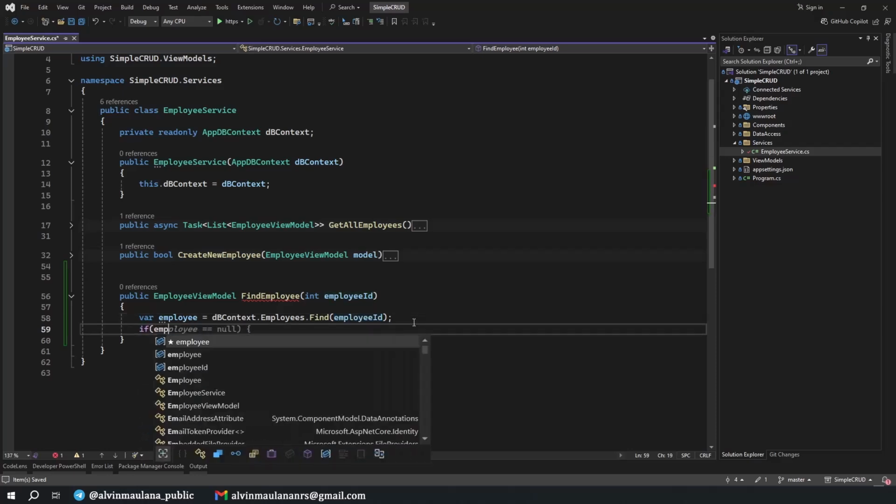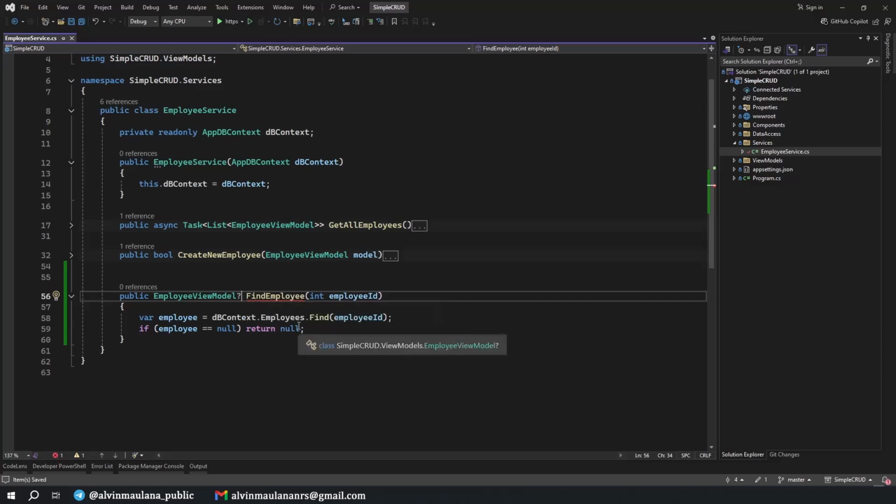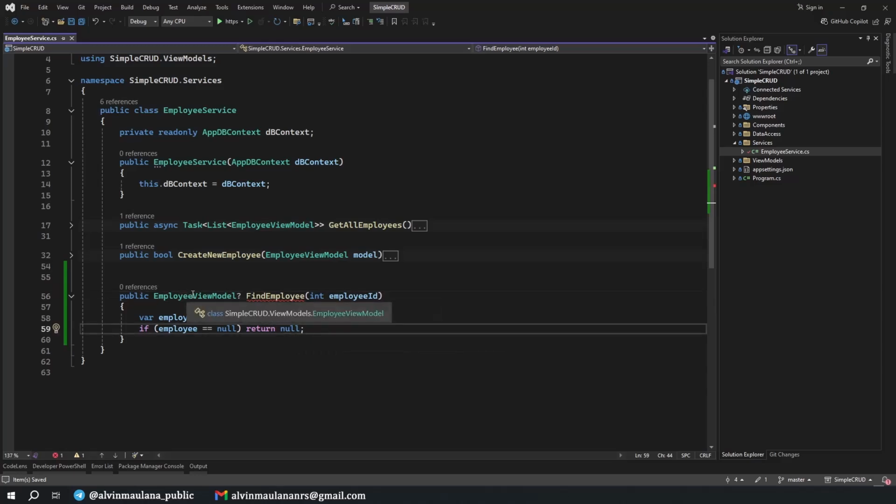If the employee is null, we just return null. We also set it like this, so it's nullable. We can return null or return the employee view model.